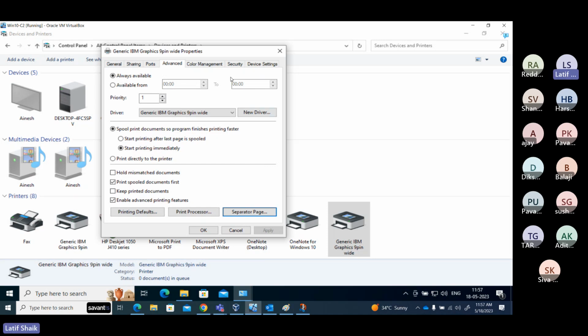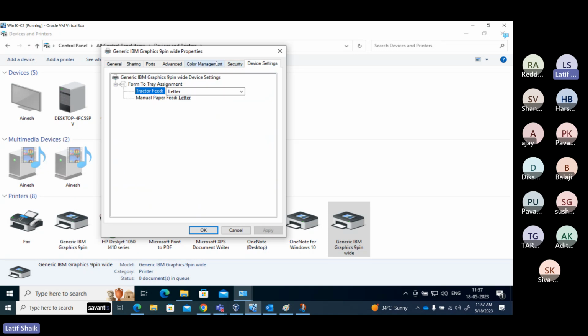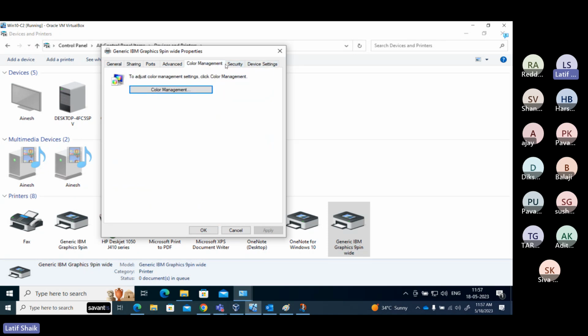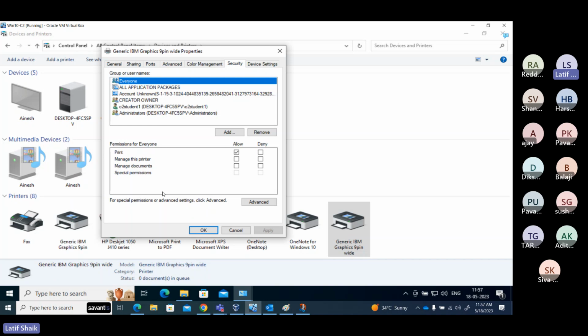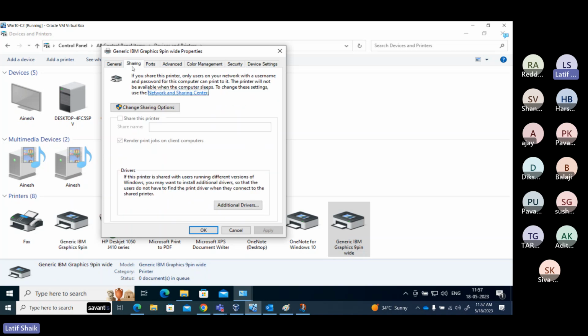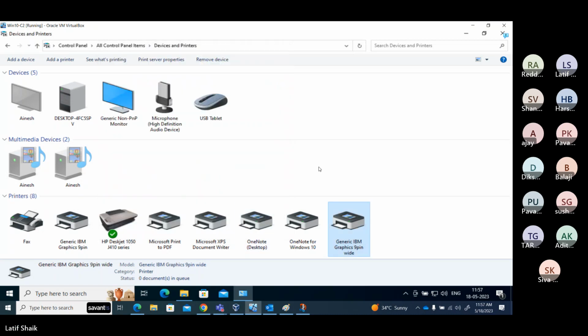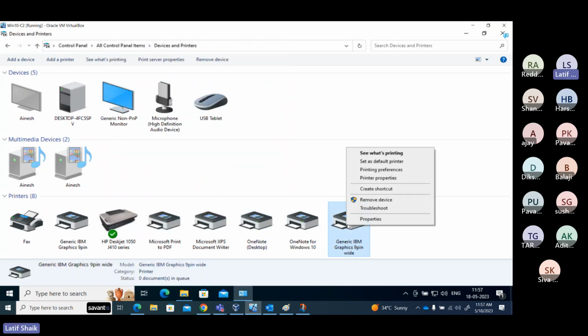There are so many settings, guys. Security, device settings, color management kind of stuff. Which user can take a print, which user cannot take a print, also he can manage. Generally, we